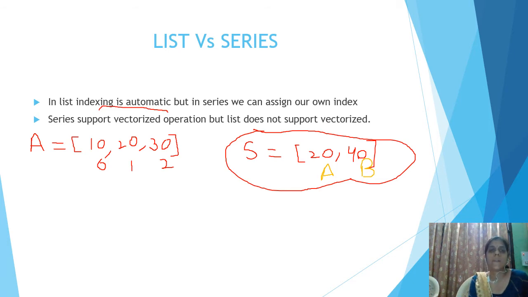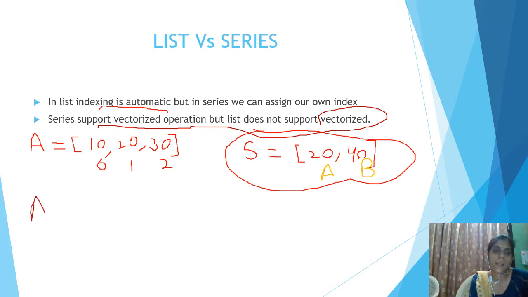And the second main difference is that a series supports vectorized operation, but a list does not support vectorized operation. So here we will see what is the vectorized operation. Suppose here we will multiply list A with 2. So according to the property of a list,